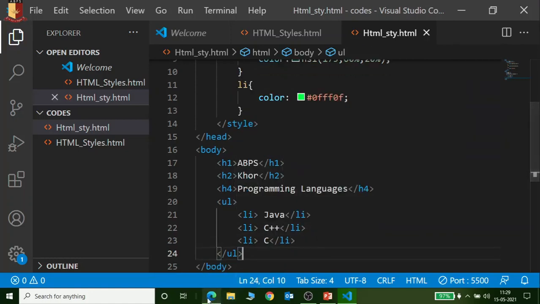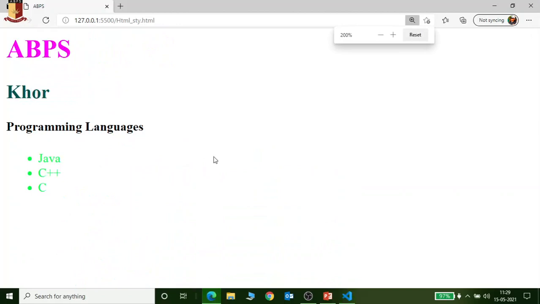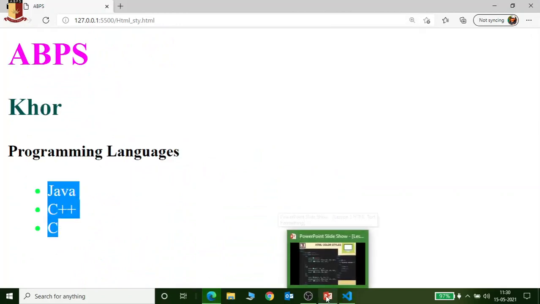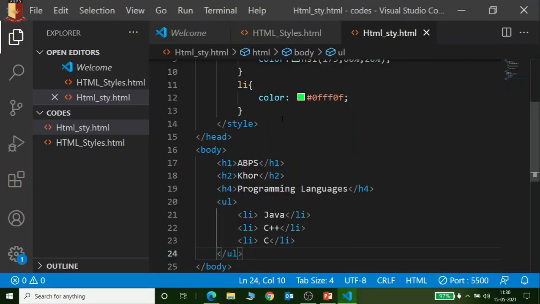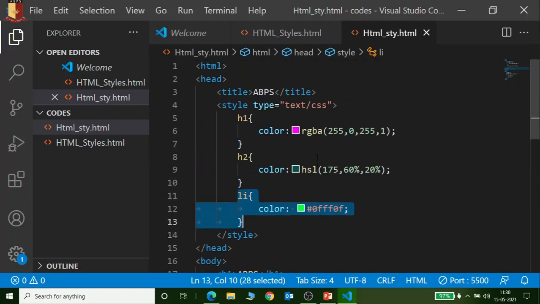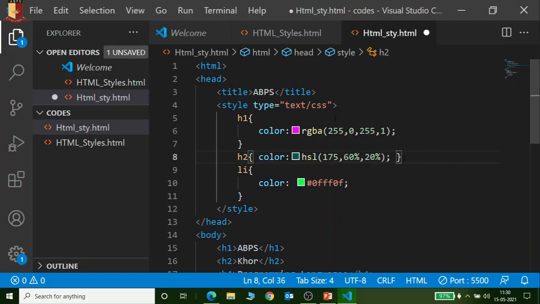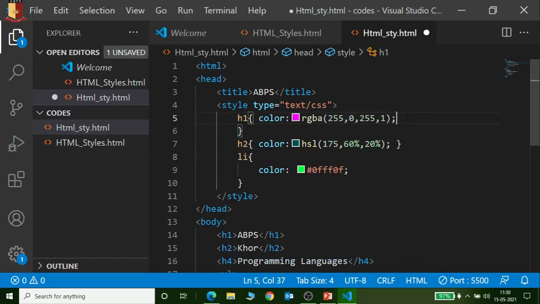Save it and move. Just check. This color is automatically applied because we already took this one in list styles. Understand? So like this actually, these styles work. Let me bring it into a single window, so you can take the snapshot of the same and you can apply.